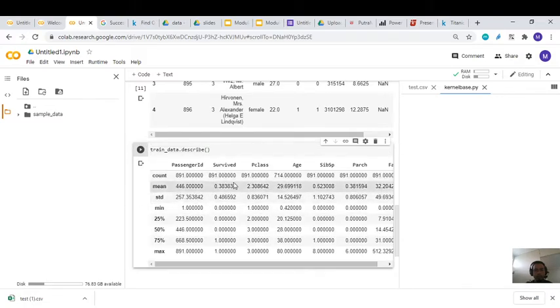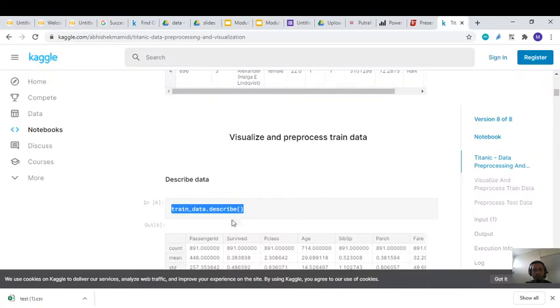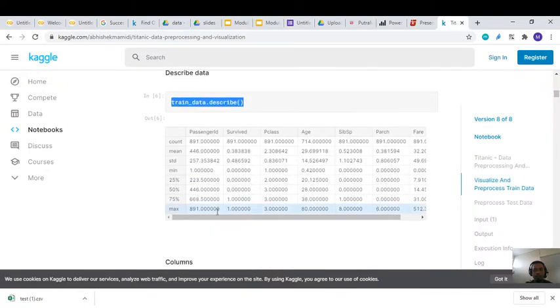So running this, it means that the passenger ID minimum and maximum should be the same as the Titanic data. Okay, and also the survived and the age. For the age, the minimum is 0.42 and the maximum is 60.